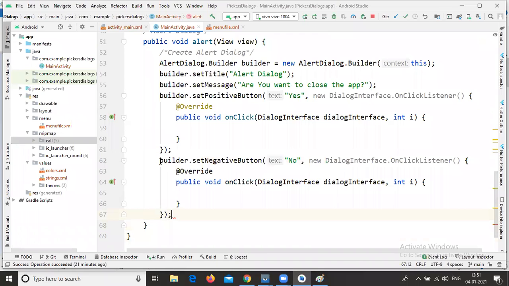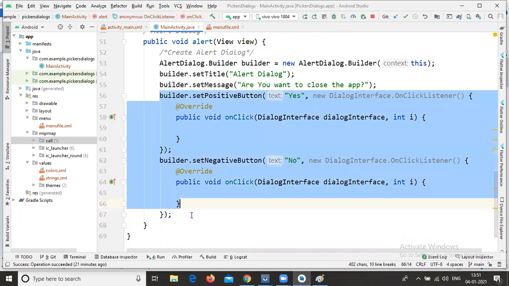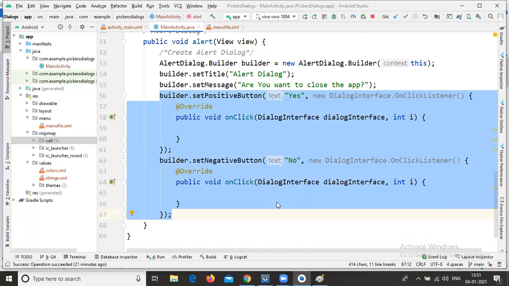This is the way you need to create yes or no buttons.